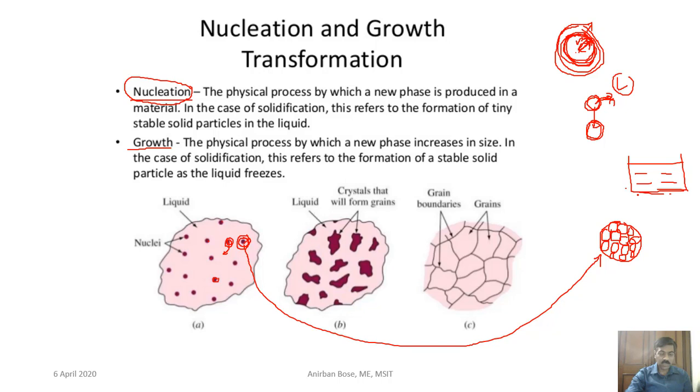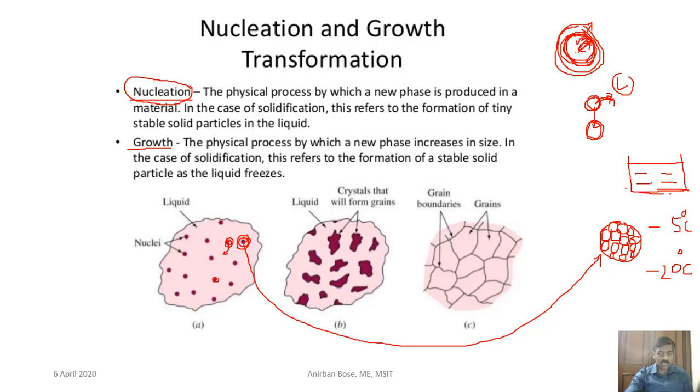So that is why you are keeping the temperature of the container below melting point, that means below 0 degrees in this case. So now if you keep it at minus 5 degrees centigrade or if you keep it at minus 20 degrees centigrade,